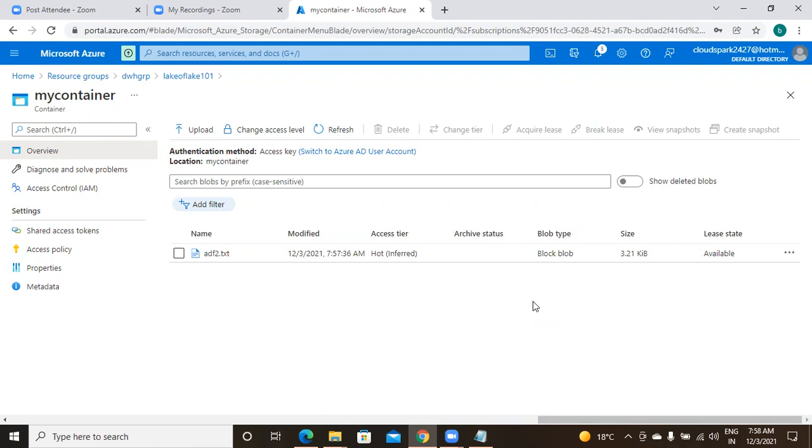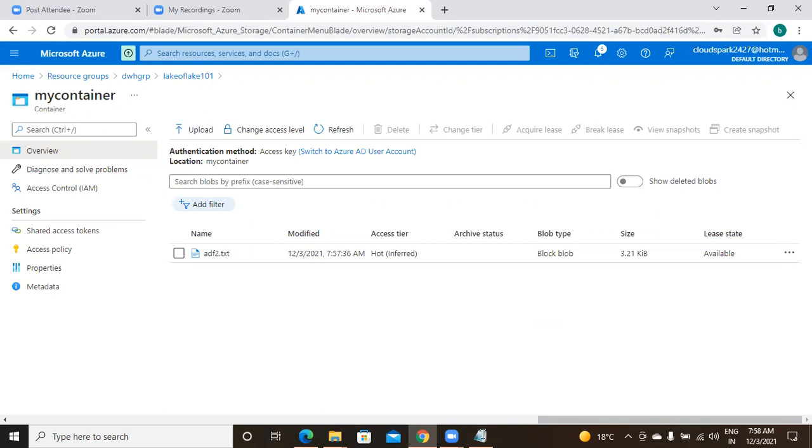If data is in a database, from the database there are records. You want to dump all the records into the data lake. Again, you cannot work from here. At that time, additionally, you have to take help of ADF, Azure Data Factory. Understood? In this way, you can.